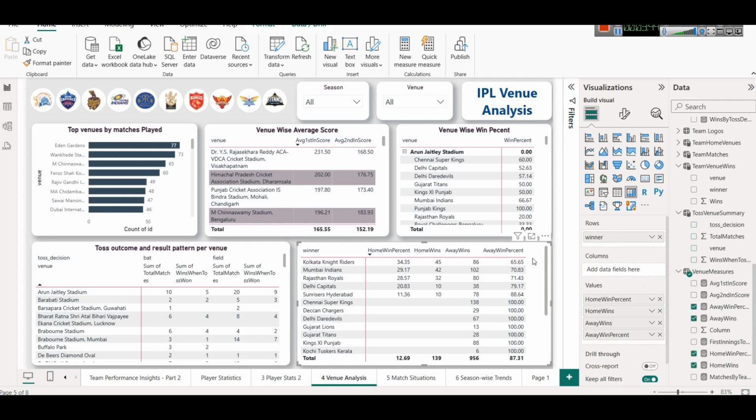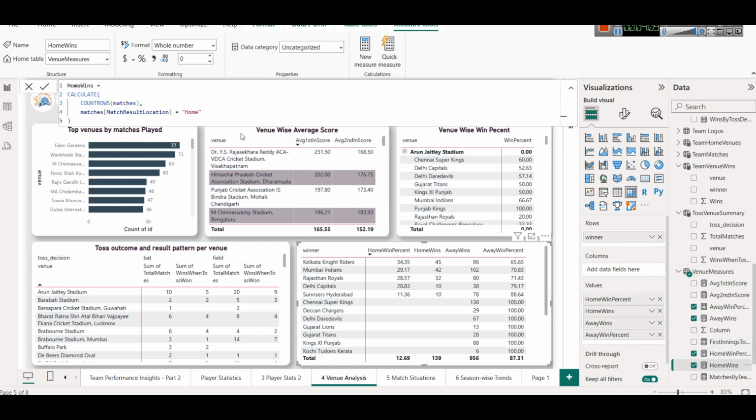Next question is this: if we take one team as a winner, what is their home win percentage, total number of home wins, their away wins and away win percentage. So for that, we, like team you already know. So first we will see home wins. Home wins will be calculated with the help of,